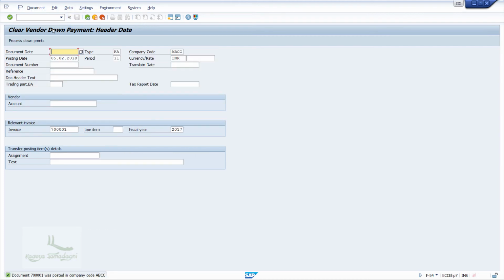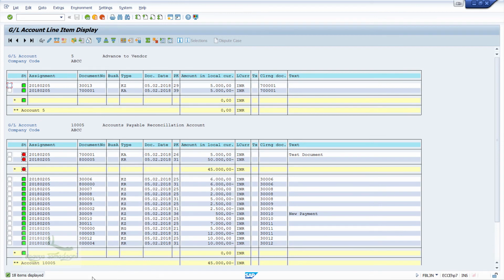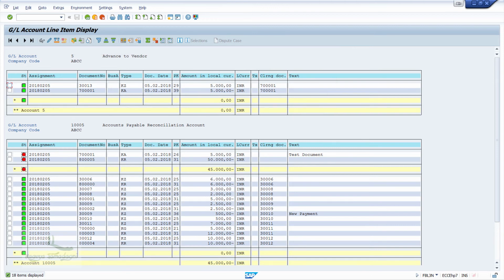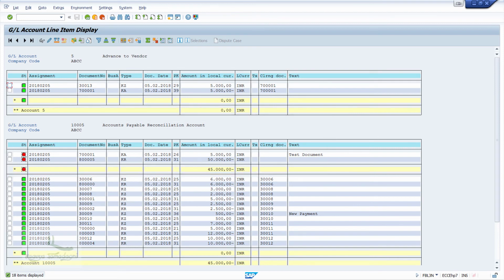Now the document is posted. That is what we have done: we have transferred the posting from special GL account to normal GL account. Now, I will switch to the transaction FBL3N screen. Here, I'll go to list and click on refresh. You can see that the posting under the vendor down payment has been changed to cleared, and a new posting has been created under vendor account payable GL account for the amount of 5,000 with the document type clear. So the total amount under vendor account payable has now changed to 45,000.